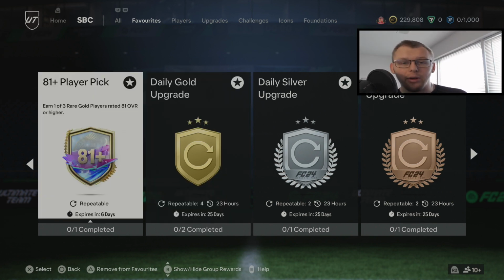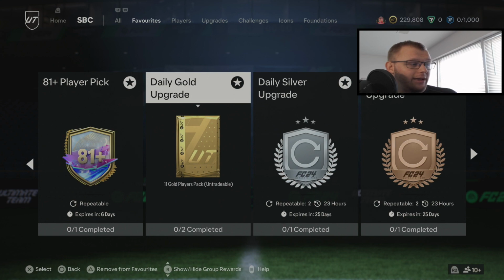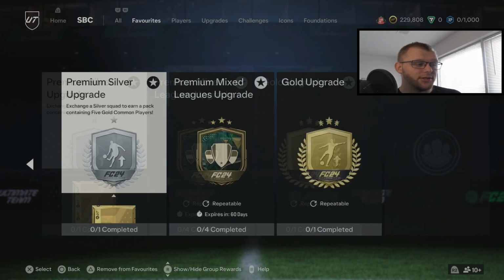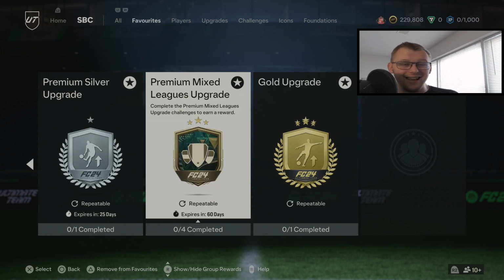You can do that, but you're only going to be able to craft a few a day, and then you're essentially done. We want to keep this grind going as much as we can and make essentially unlimited 81 plus player picks. So instead, we're going to take golds, we're going to put them in the premium mix league upgrade,